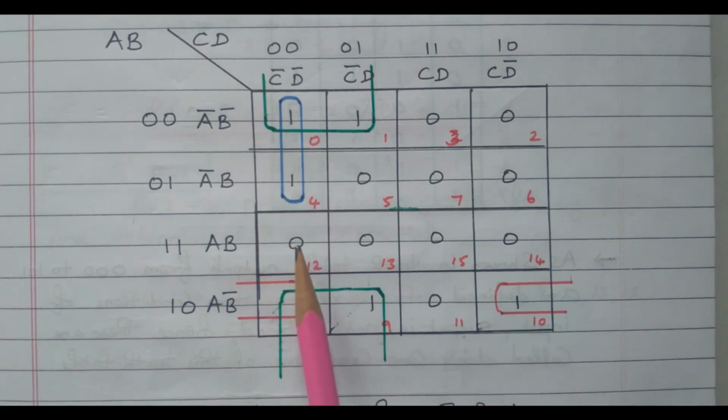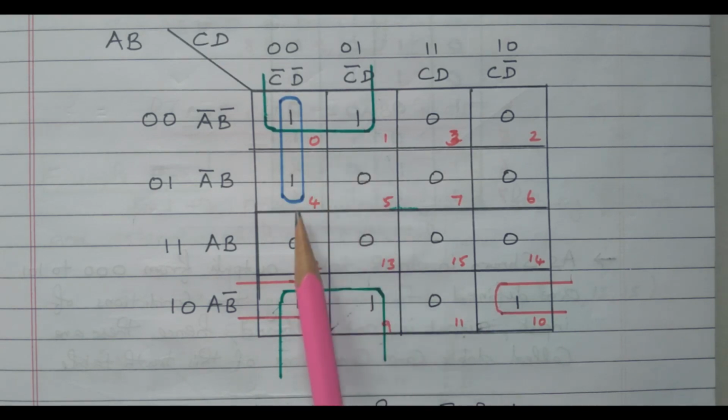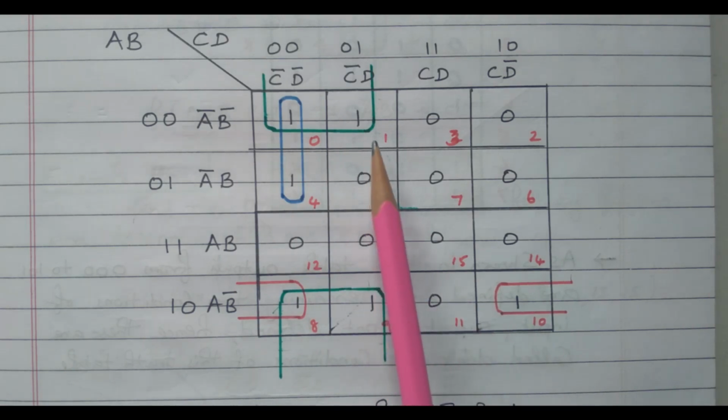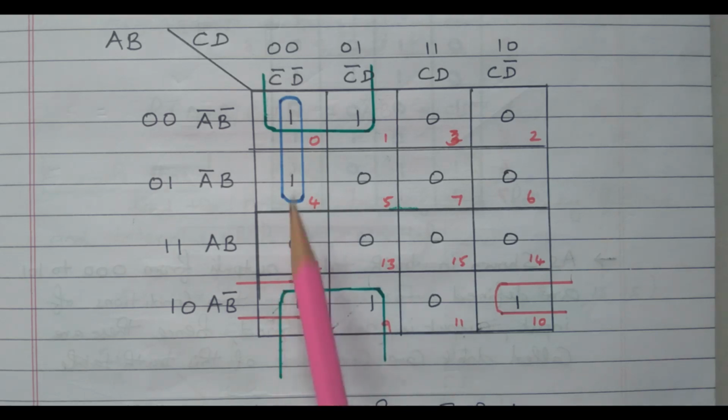group of 2 cells. In that, this 1 is available in only one group. This 4 is available in only one group. This 9 is available in only one group. This 10 is available in only one group. So these cells 1, 4, 9, 10 are called essential prime cells, also called essential prime implicants. Then this 0, the minterm 0 and minterm 8,